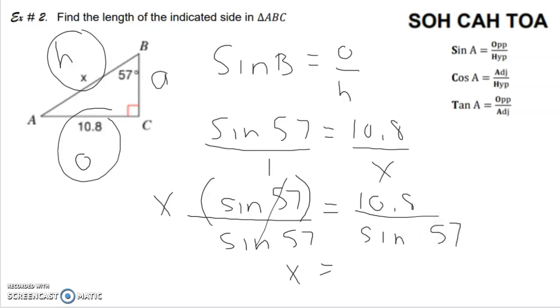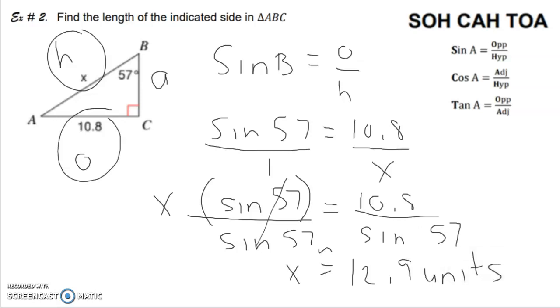So divide it by sine 57 and then hit equals, and you will get approximately, so I add that squiggly line, 12.9. Because they didn't give us any units up here, like centimeters, meters, anything, we just call it 12.9